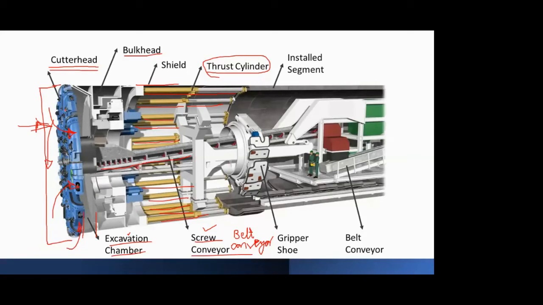And the moment the space is created in front of the cutter head, these hydraulic jacks will push this whole assembly ahead, and then it will go or accommodate the empty space in front of it. Now you will say, okay, if this happens, that things are pushed ahead and your TBM moves, then what happens to the rear side?